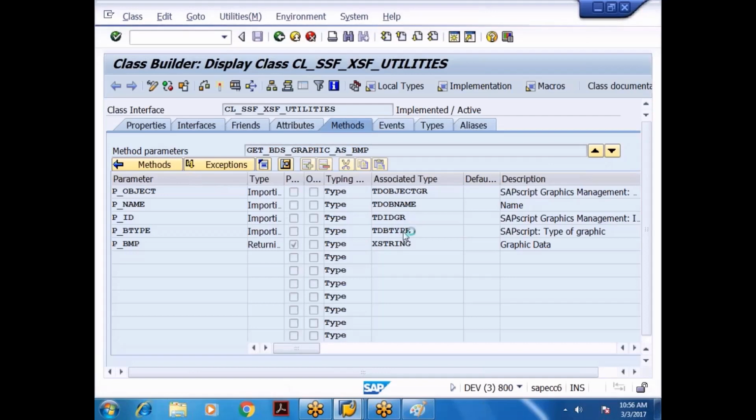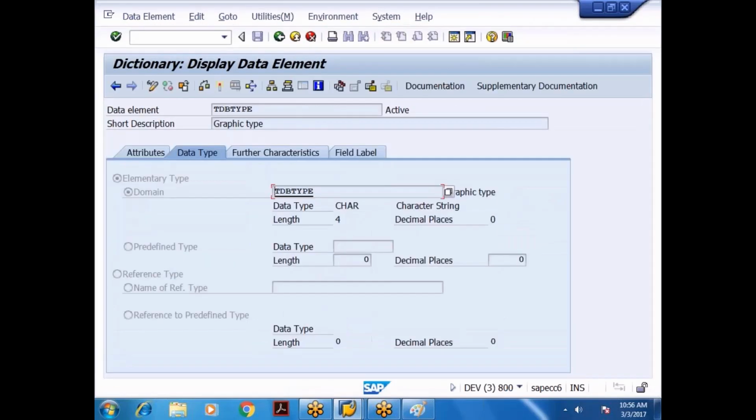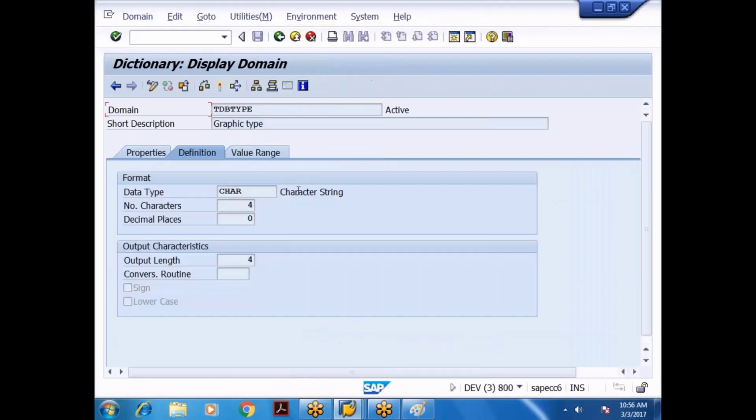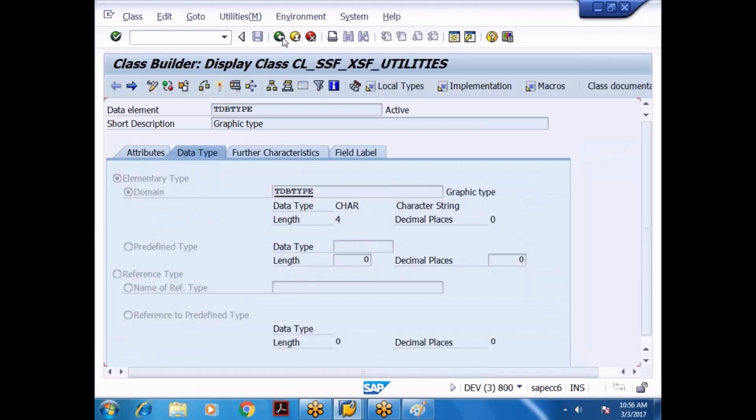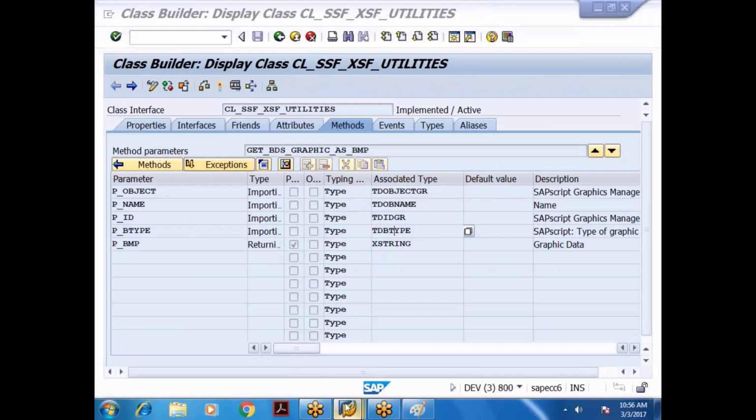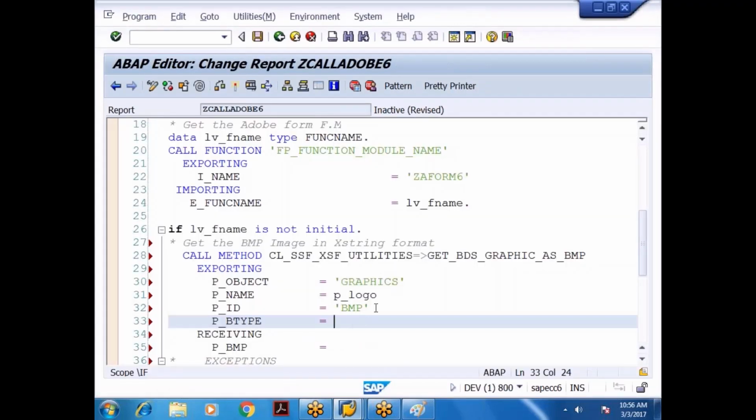I think it is black and white and color. Let me double click on the domain level. Yes, BMON is black and white. BCOL is color. So in my case it is color. So what I have to give? BCOL. Is it clear to everyone? So I'll give BCOL.